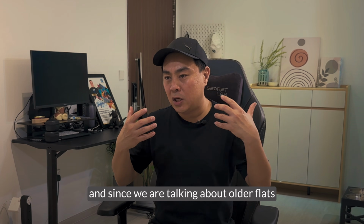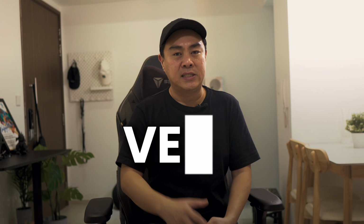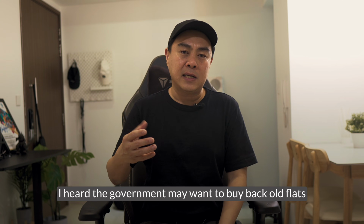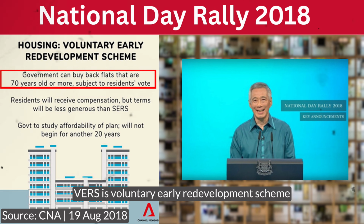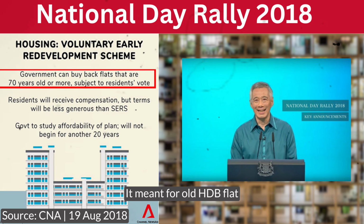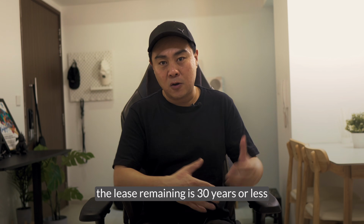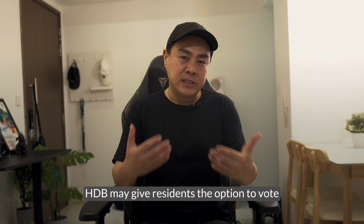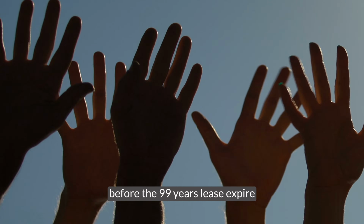And since we are talking about older flats, let's address something that many seniors bring up, VERS. Some people tell me, Kenneth, I heard the government may want to buy back old flats. How does that work? VERS is a voluntary early redevelopment scheme. It is meant for old HDB flats, for instance, where the lease remaining is 30 years or less. HDB may give residents the option to vote whether the government should buy back their flat before the 99 years